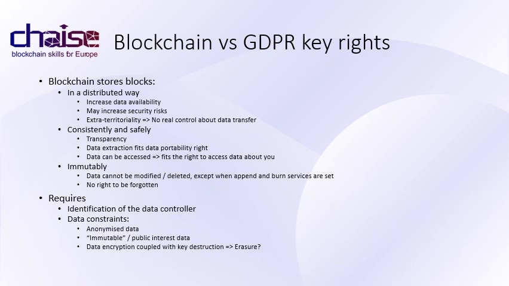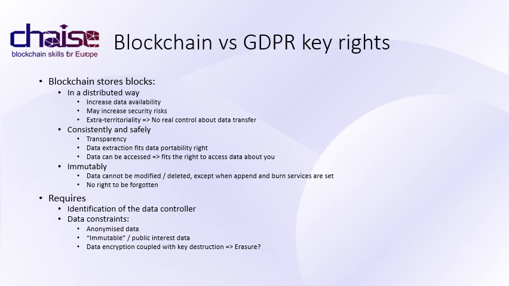As blocks are stored immutably, retrieval functions can be used to get access to and extract relevant personal data stored in the blockchain. Of course, this limits the data updating and data erasure rights unless CRAB services are set, as we've just seen: create, retrieve, append a new transaction, and burn a key. To sum up, implementing GDPR in blockchain systems challenges the clear identification of data controllers. It also constrains data due to the blockchain immutability property.